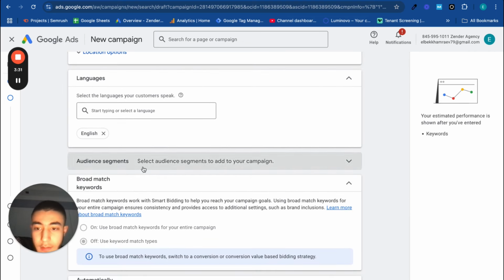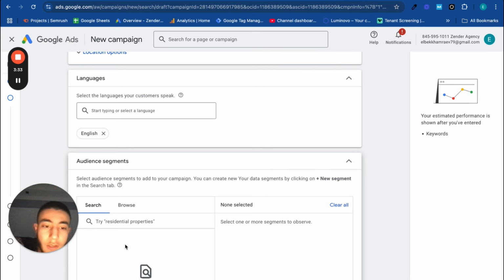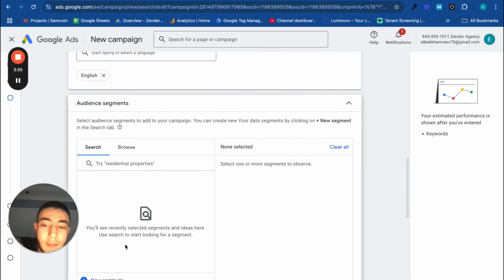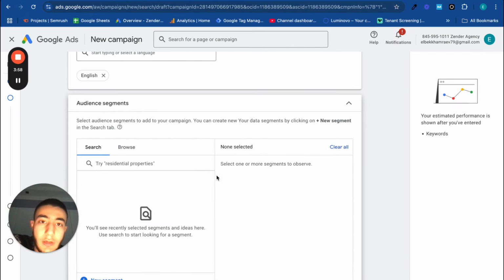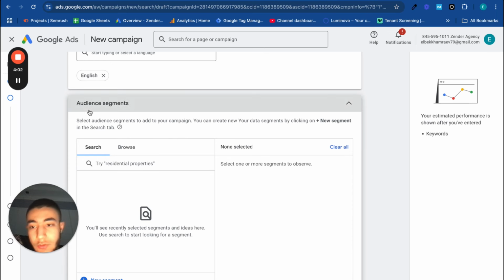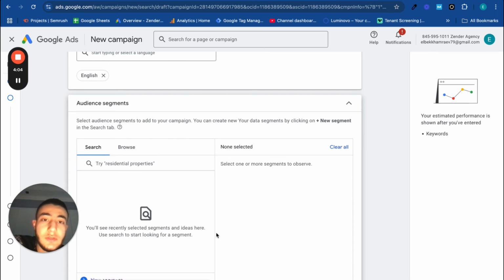So the next thing is the audience segments. Here you can set remarketing, or you can set specific demographics of people. However, if you're choosing maximize conversions or return on ad spend bidding strategies, as we talked before, you're going to have an automated remarketing campaign inside of the campaign which you do. You don't need to add any audience segments. The reason behind this is